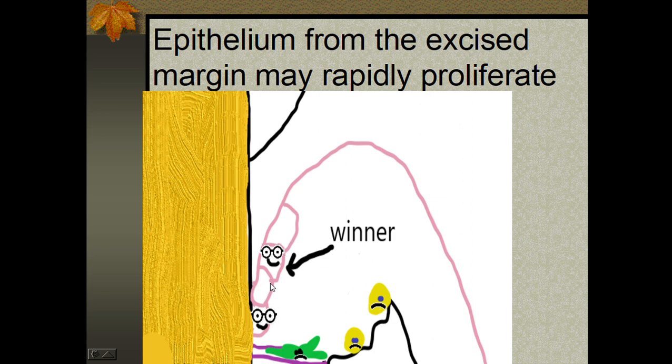Once we have excised the epithelial tissue, the rate of proliferation of epithelium is really very fast. It will not let fibroblasts from the periodontal ligament proliferate. And this is a schematic diagram that I have made to clarify the concept of how epithelium divides really fast and takes over the growth of fibroblasts from periodontal ligament tissue or from any other connective tissue or bone. So we will be discussing how we can prevent this epithelium.